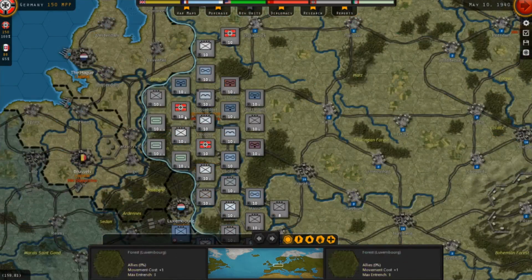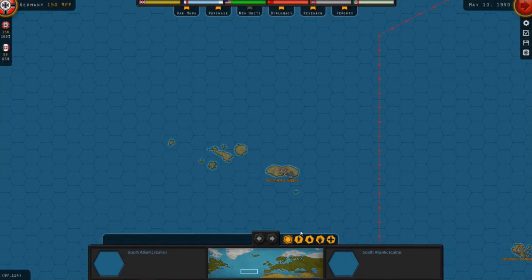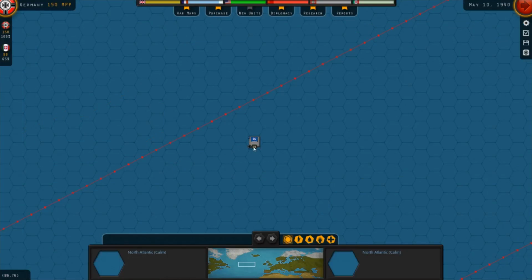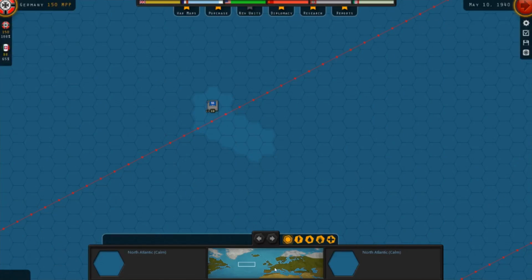Now obviously you want to do the Low Countries, The Hague, Brussels, and Luxembourg. You want to take those in turn 1 if possible, and it is possible. Pretty easy, obviously, for Luxembourg, which is just 1 hex. But before we do that, let's see. We've got, there it is. Got a sub out here, so just for kicks, I'm going to bring him up and let him do a little work on the